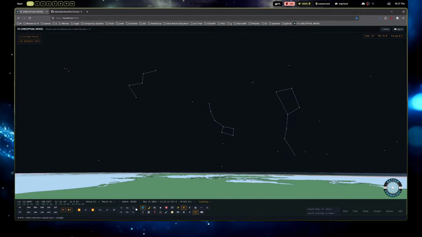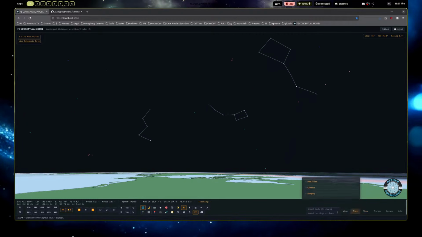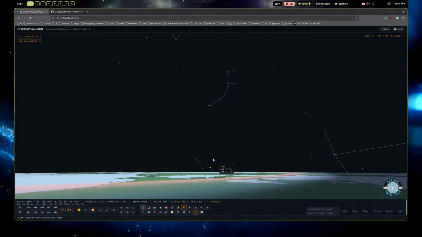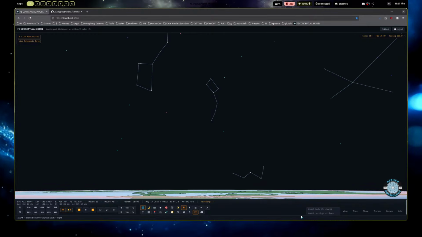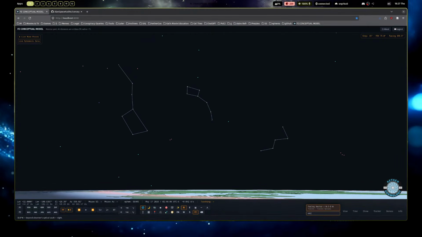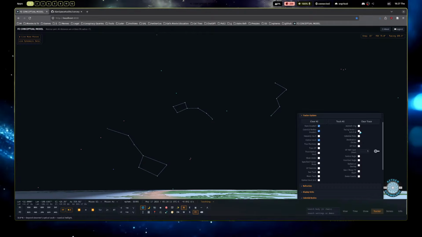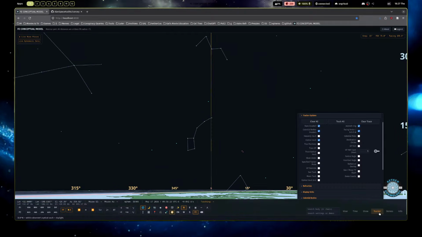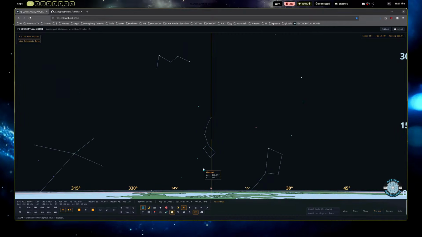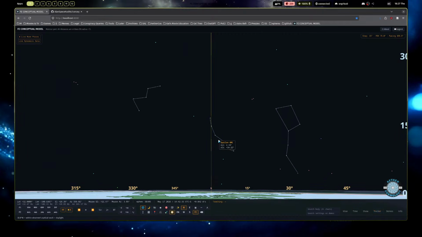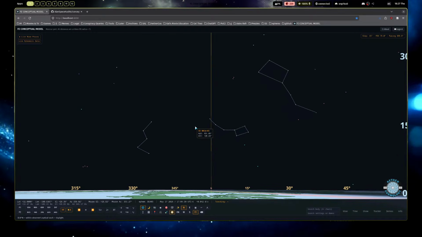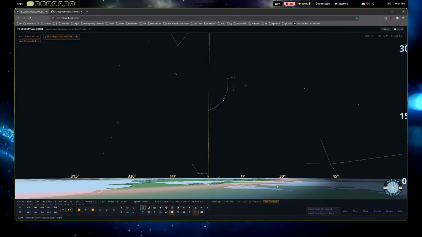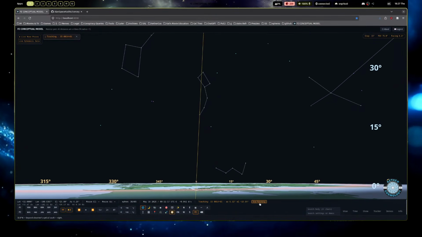So here we're about at, I think, what is this? Where are we at? We're at the 32nd. We're about like in Texas-ish. So looking up here towards the north, and another thing you can do here is you can turn on facing vectors. So you can see which direction you're facing, your azimuth ring. There we go. So when you turn those on, you can see where you're facing and whatnot, and then you could click on a different star and it'll start auto tracking it. So you can track its position and stuff throughout the day or whatever.